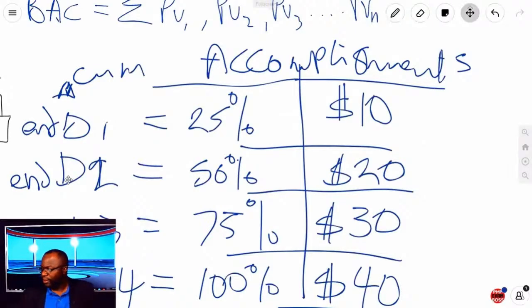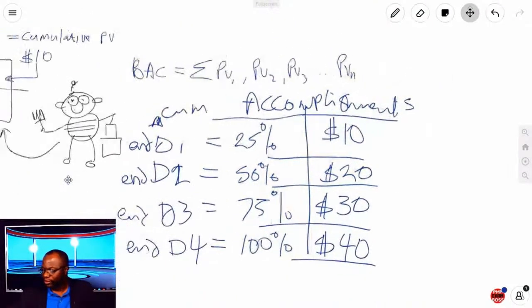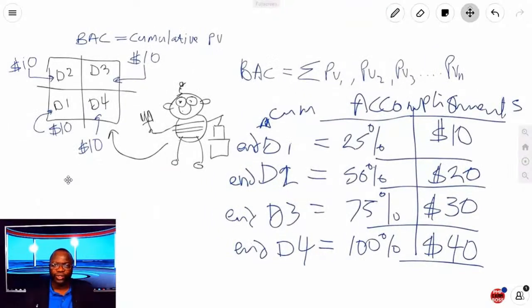So whenever you look at earned value problems, folks, you want to break it down into what do I need to have accomplished, or what should this person have accomplished at each time period. On the exam, you could get questions that break down the budget at completion into tiny chunks.